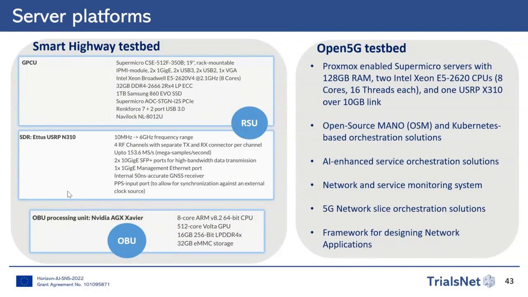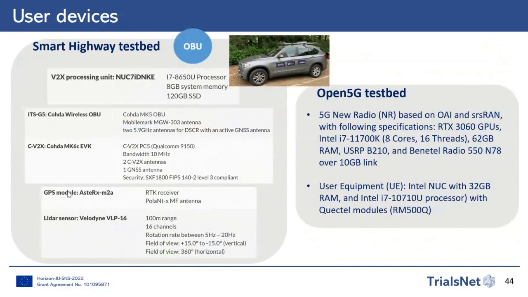On the next slide, more about the user devices. So the test vehicle that we offer for testing also contains a processing unit, which can be used for running some data collection scripts, or basically the communication to achieve the communication with the roadside units or with the cloud. Apart from 5G connectivity, we also offer 2 different types, ITSG5 and CV2X, that are primarily designed for vehicular communications and experiments in this V2X setup.